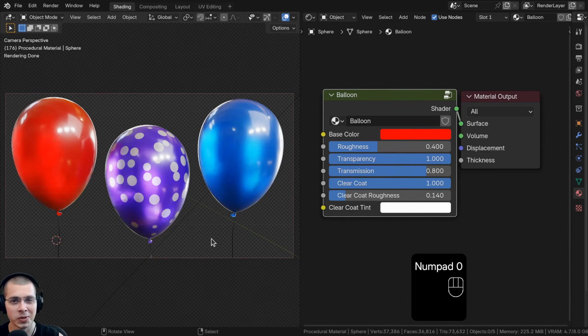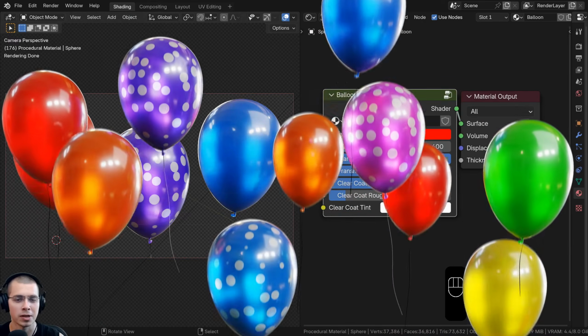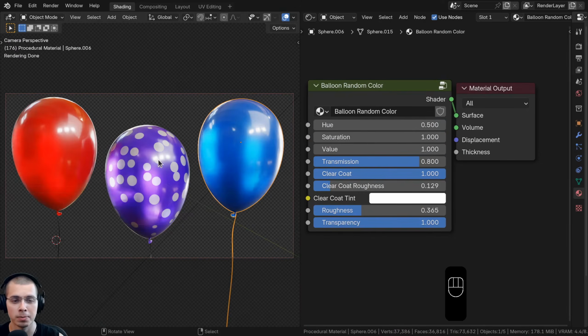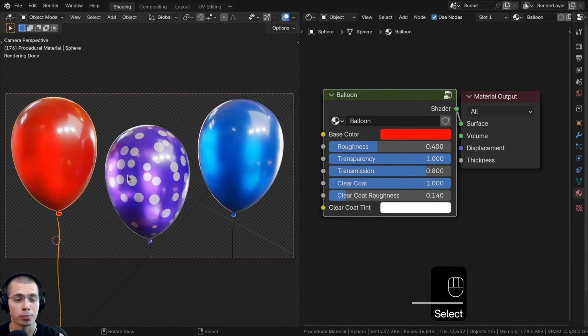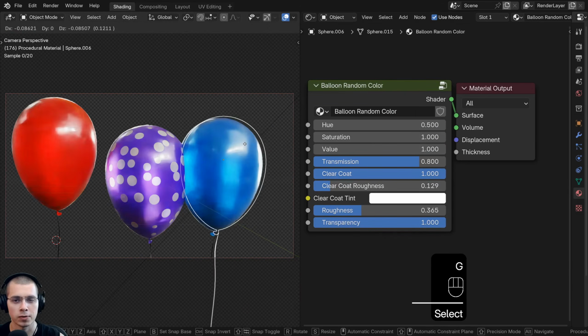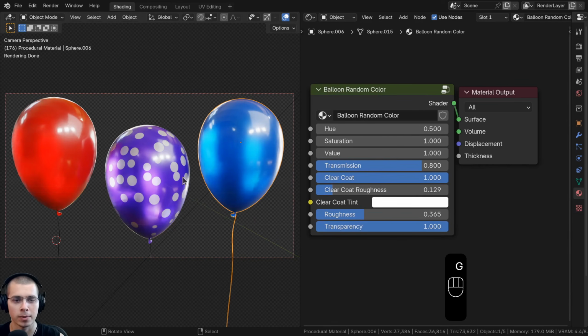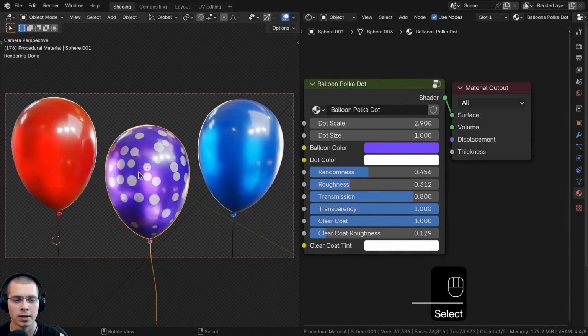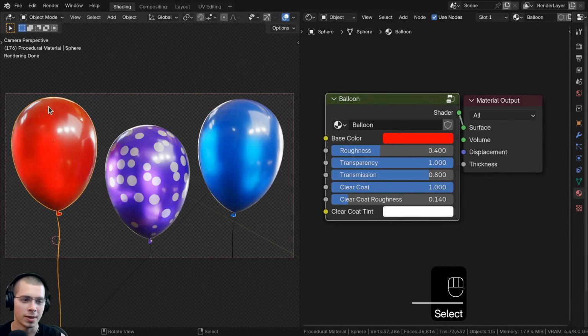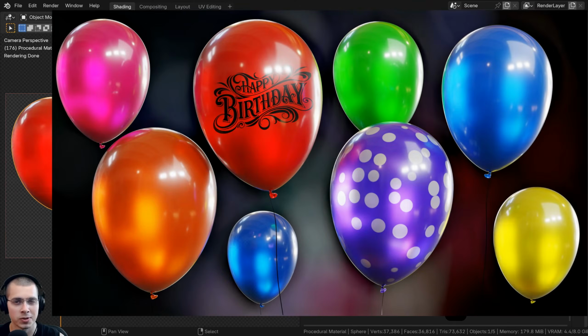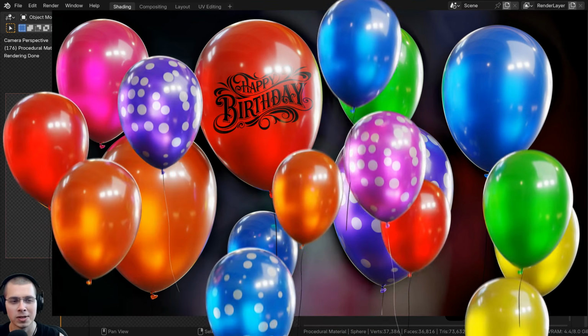In this tutorial, I'll show you how to create realistic balloons in Blender. So I'll first be showing you how to model the balloons, and then we'll be creating 3 procedural balloon materials. The first one here is this balloon random color. This one will change the color whenever you duplicate the object. Then we have a polka dotted balloon, and then we also have this balloon here, and this one has a custom color. And after we create each procedural material, I'll show you how to join them together into custom node